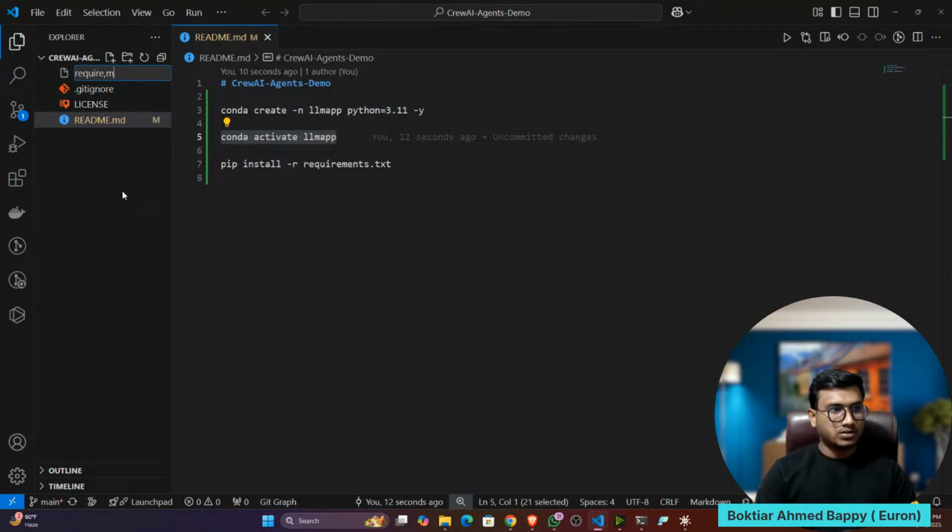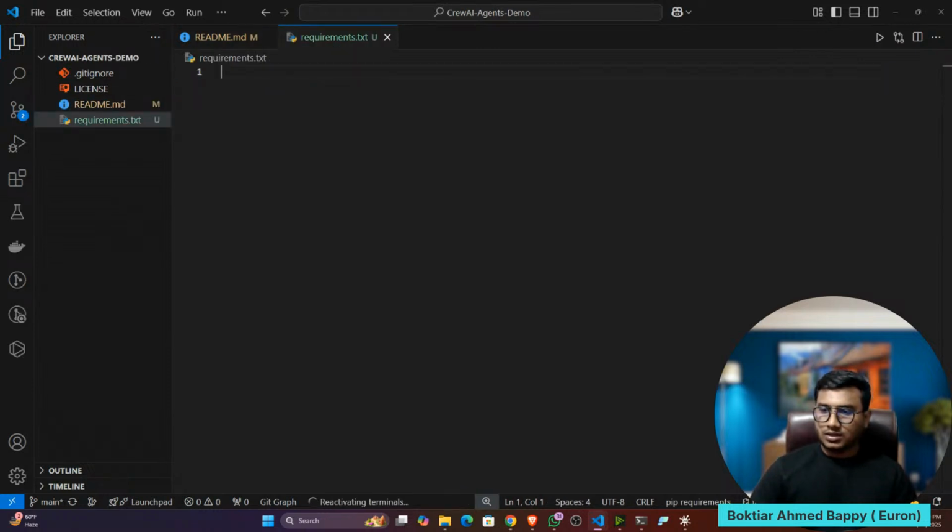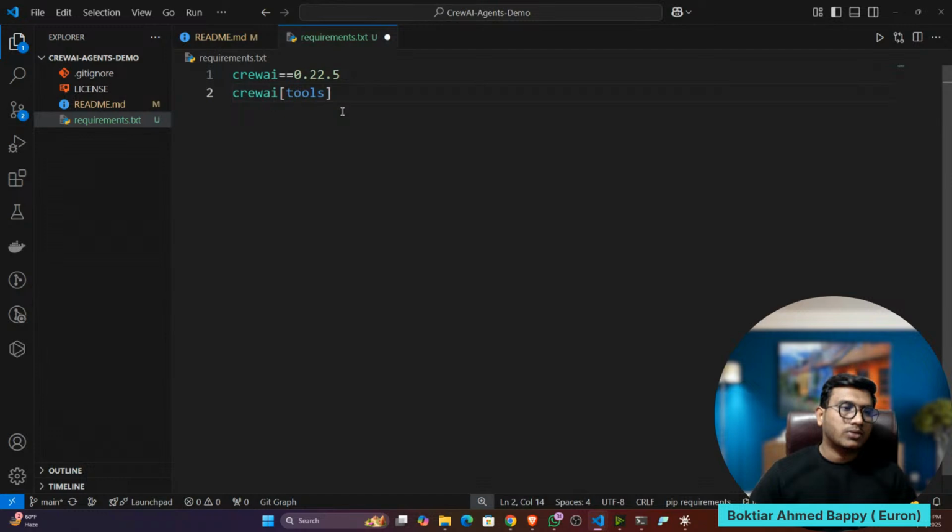Now let's create the requirements file, requirements.txt. Here you have to mention the requirements you need to create this particular application. So here I need crew AI, and with crew AI you also need to install crew AI tools, because crew AI needs some tools, like if you want to use the SERP API or, let's say, the Tavily API.